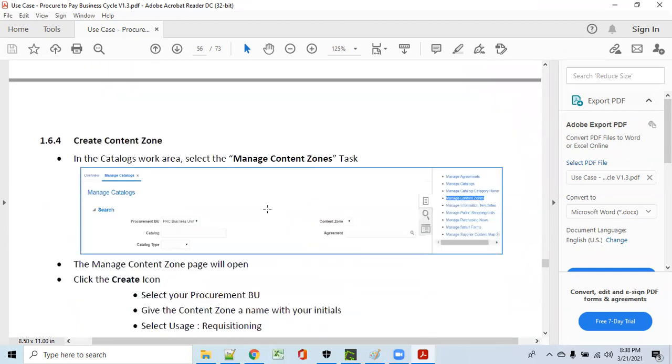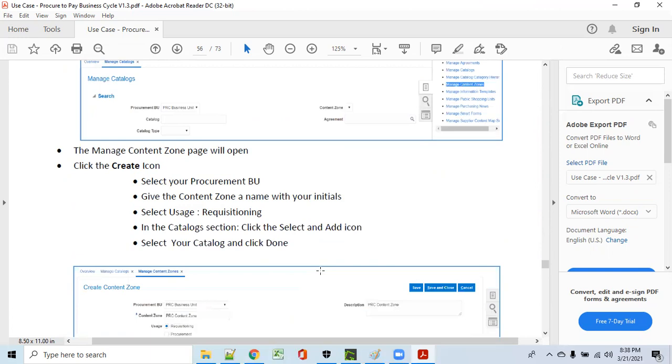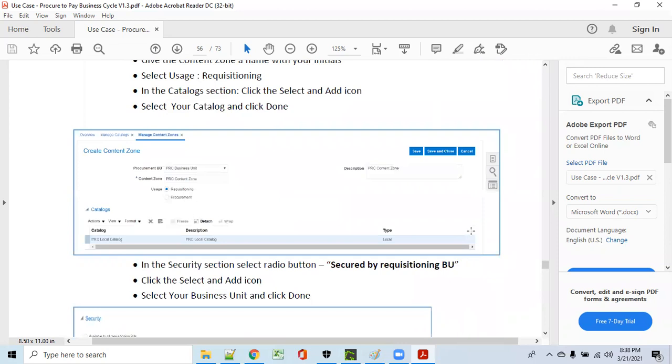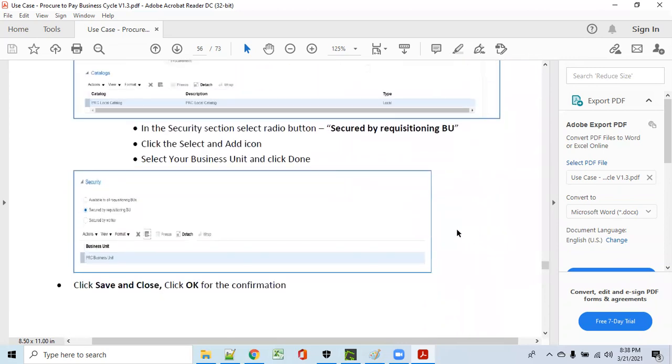After creation of the local catalog, the mandatory step is to head to the content zone. So content zone is important. Under the content zone, we give the BU name, and once you have access, whatever catalog is defined under this content zone, you can see in the SSP page.